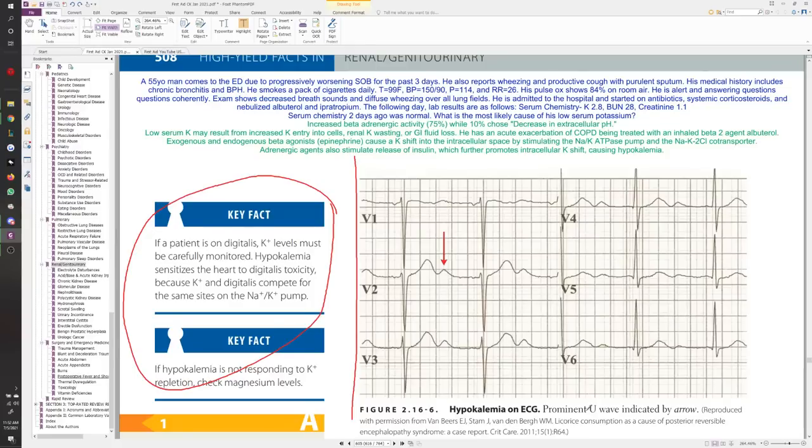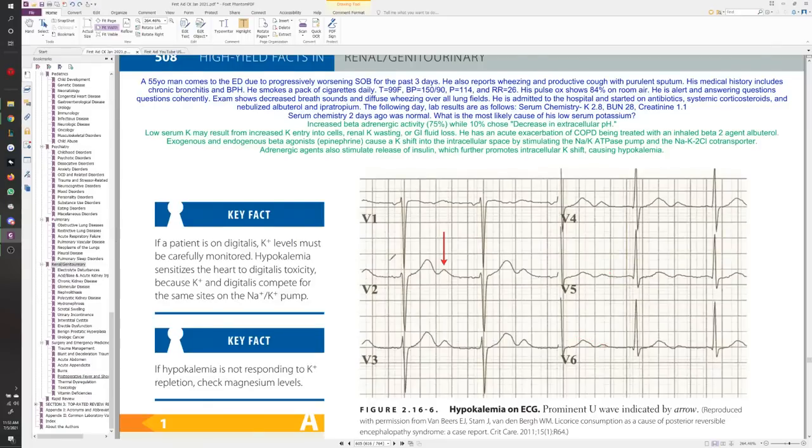So this ECG is focusing really on just showing you the prominent U waves. But this is also considered an inverted T wave, right? Because it's the opposite direction of the QRS. You have your QRS, but then you're supposed to have a T wave. It's the other way around, right? And only in this place right here does it really look flat, this one and this one, but the others not so much. Right? So either way,